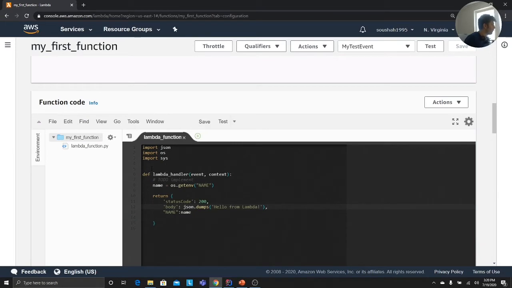Now in the next video, I'm gonna be teaching you how to create a deployment package. Let's say you wanna use Pandas, NumPy, or any other libraries. So I'm gonna be teaching you how to create a deployment package and how to upload the deployment package on AWS. There are some tricks here because when you create a deployment package, usually you wanna create it for a Linux distribution and not Windows. But when you create it from Windows, there will be a problem. So I'm gonna talk about that.